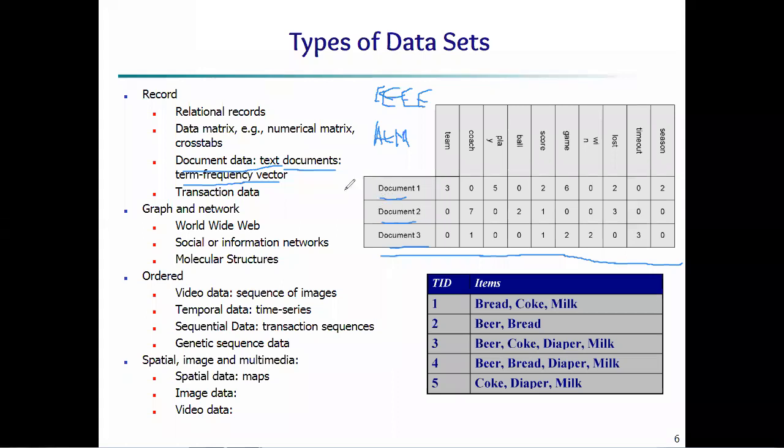Suppose I selected a document, for example, on data mining. In the first document, how many times does a particular word appear? For example, team. Suppose this is a sports paper. The keyword team in the first document is present 3 times, so the frequency count will be 3. Suppose coach: how many times is this word present? Zero times, so the value is 0. This is the frequency count; we can call it the term frequency vector. It's a very simple thing, you should be clear on this part. Clear to all? This is the document data. We need to see how many times a particular word is present. In the second document, for example, score.